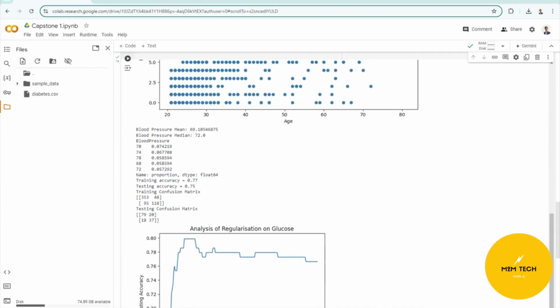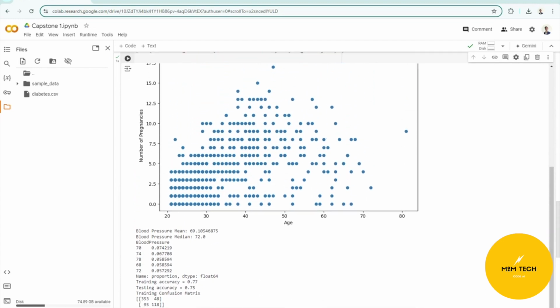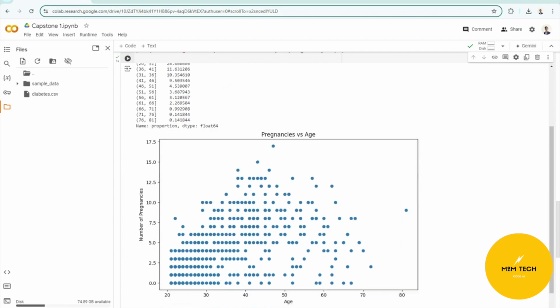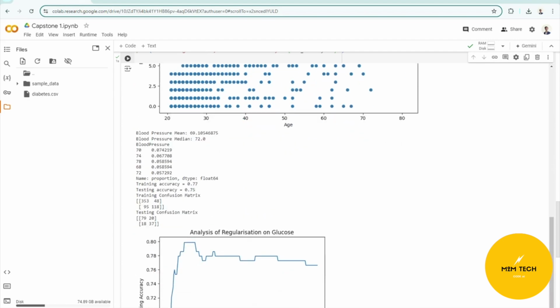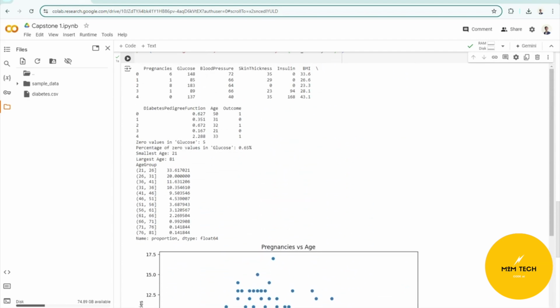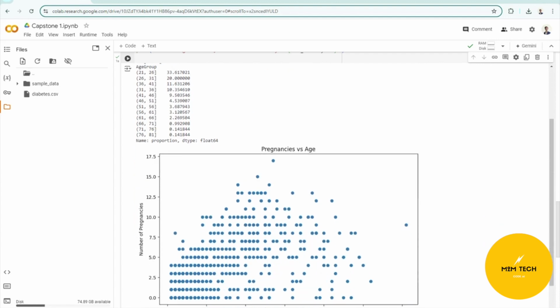So let's run it, and then yeah, we got the results here. As you can see, we included the charts and the graphs we created, like the scatter plot of pregnancies versus age, and the